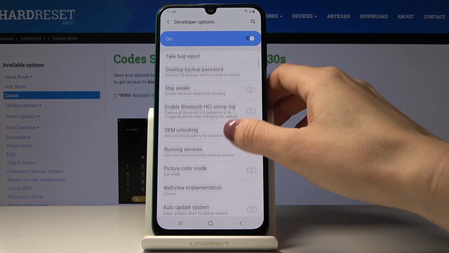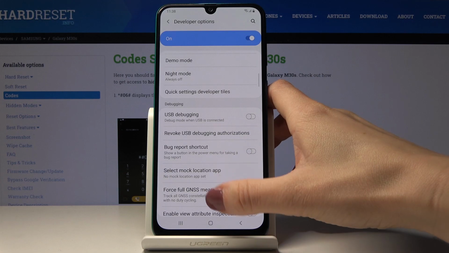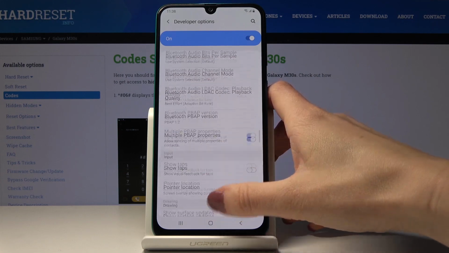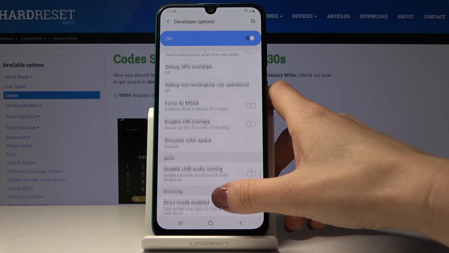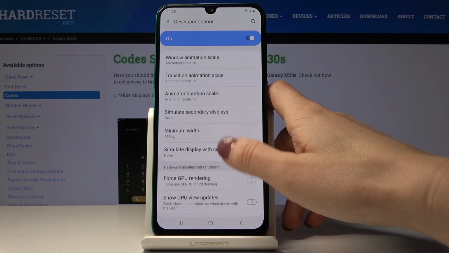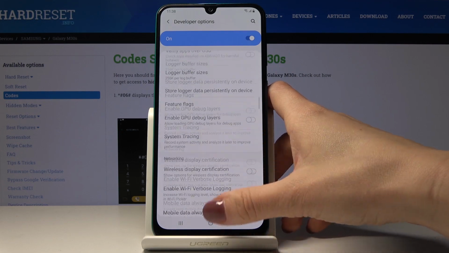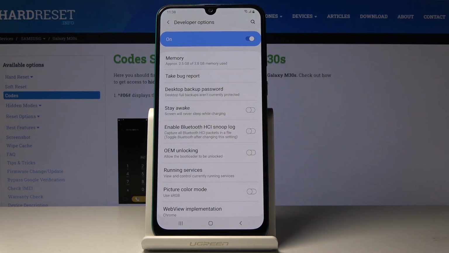And now you can come along with all those pretty advanced and very useful features and options and modes. You can smoothly perform each operation, just come along with them and decide which you would like to perform, then do it. And whenever you would like to switch off developer options, if you would like to deactivate them, smoothly